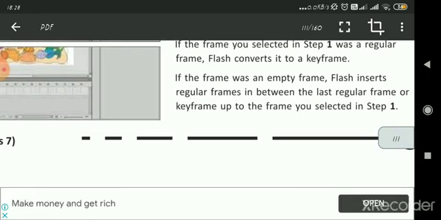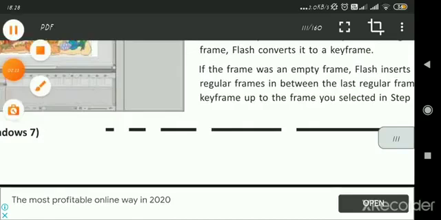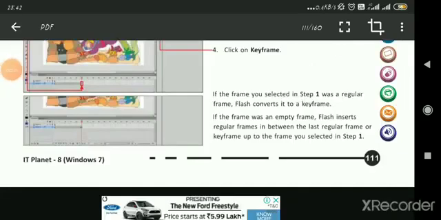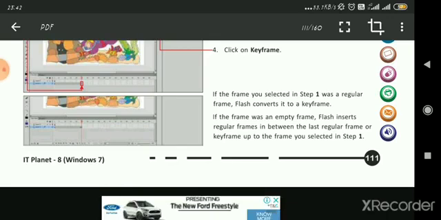And if the frame was an empty frame, Flash inserts regular frames between the last regular frame or keyframe up to the frame you selected in step 1. So this is the process of how you will set a frame.